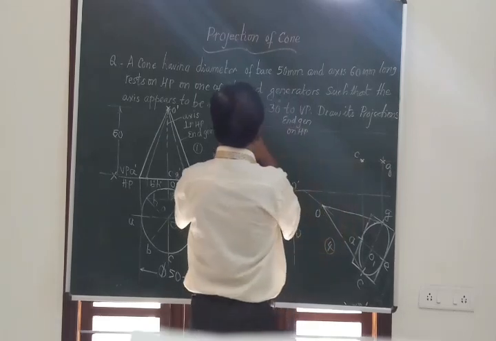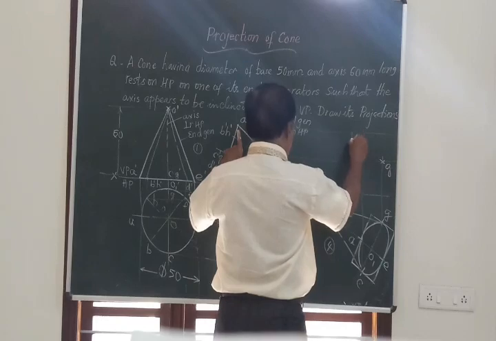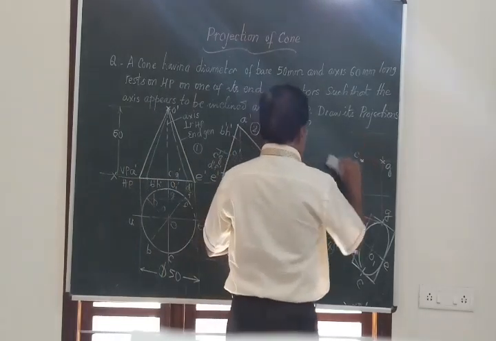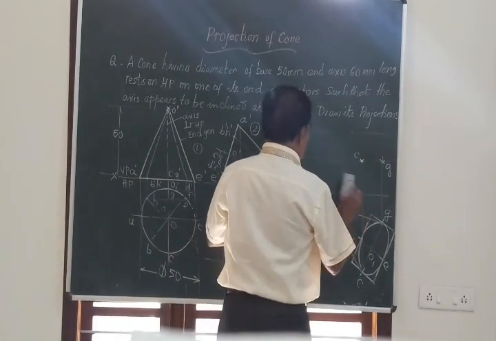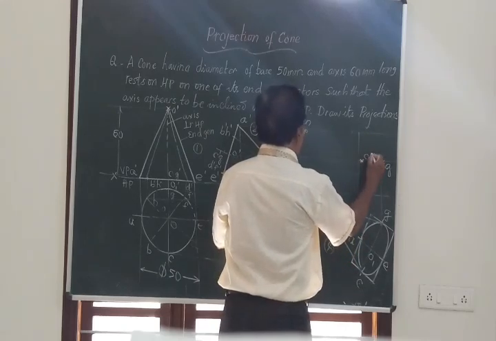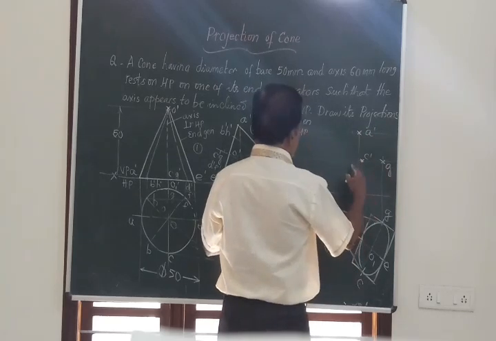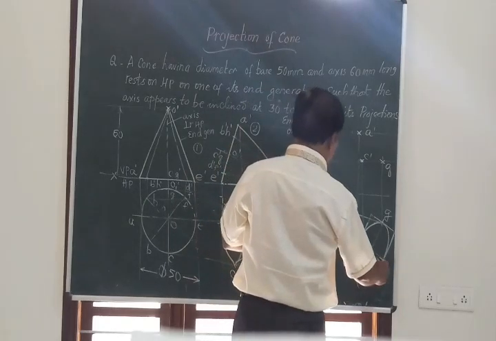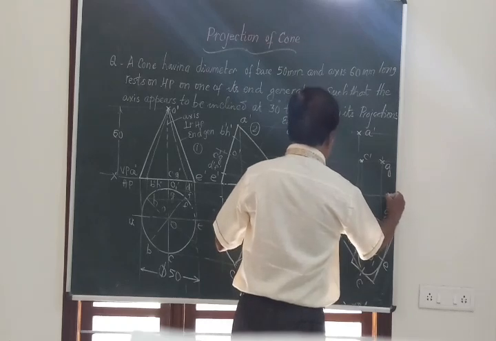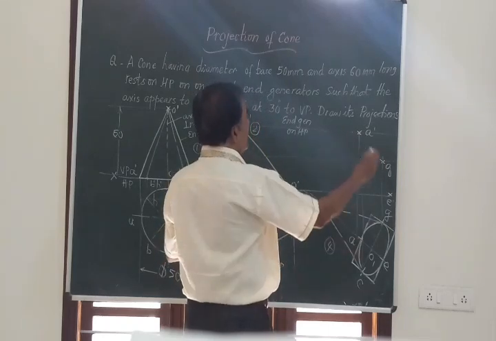CG is obtained. And you want A for the uppermost point. Vertical line from A, horizontal line from A. The point of intersection will give you A dash. A dash is C dash. Then B, E. Vertical line from here, horizontal line from E. So you will get a point here. That point is going to be A dash. Likewise, you are going to get the remaining 4 points.